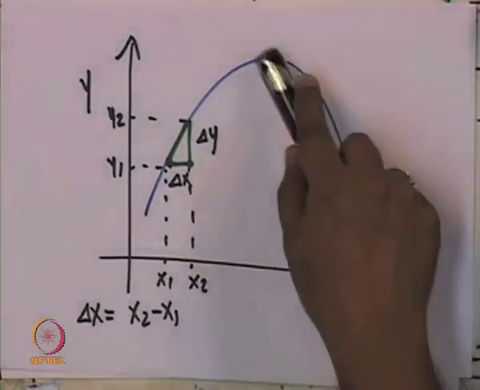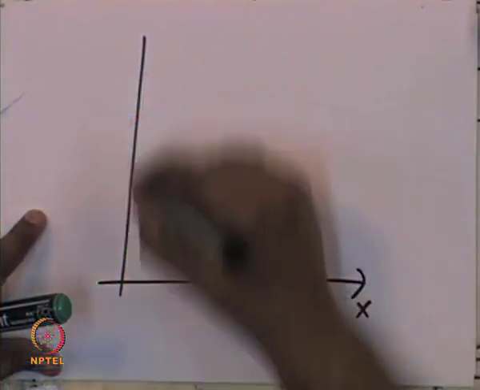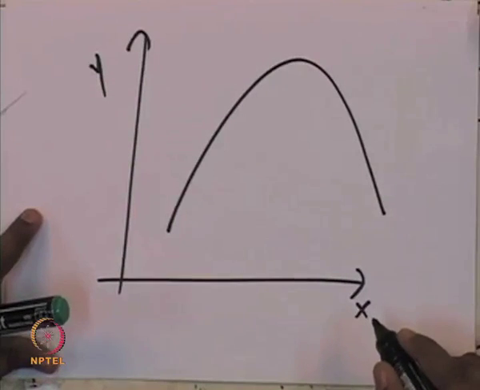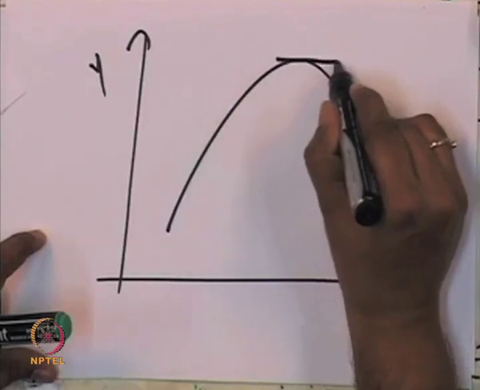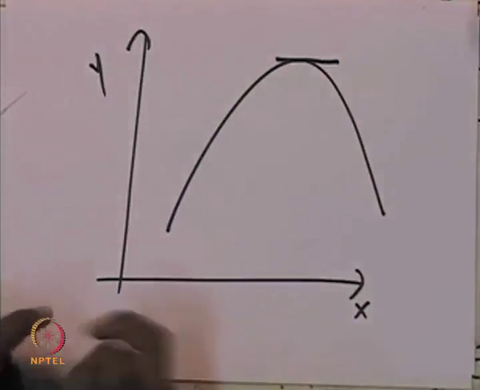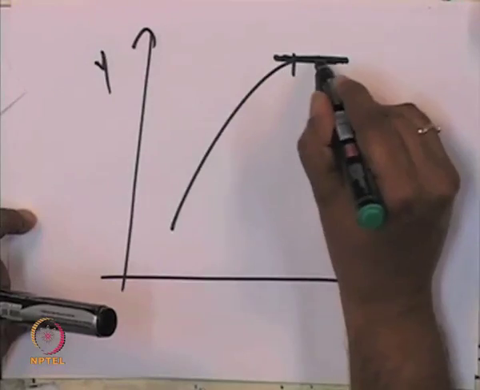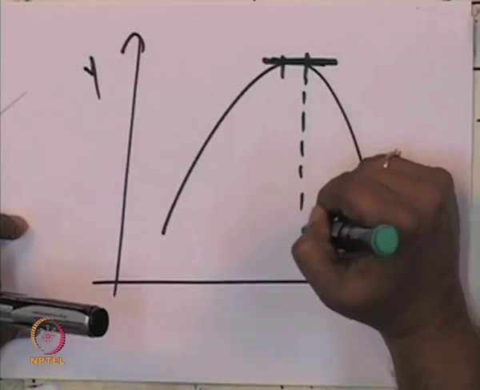Now, let us look at the slope here. So, let us again redraw this curve for the convenience of calculating this. Let us plot x and y, and let us draw this curve, and calculate the slope at this particular point. So, you have these two values,